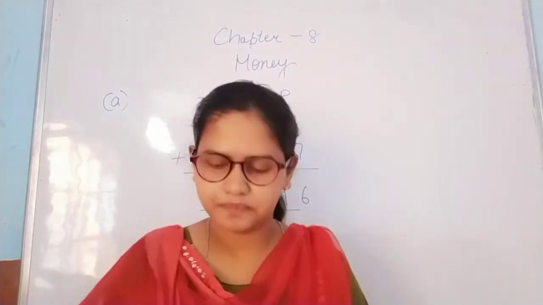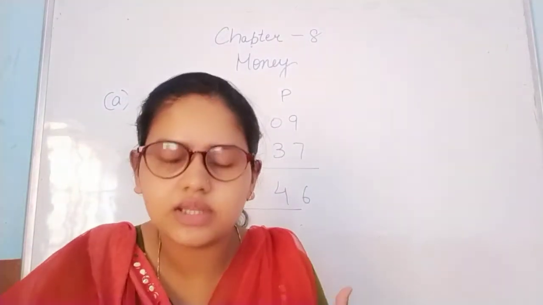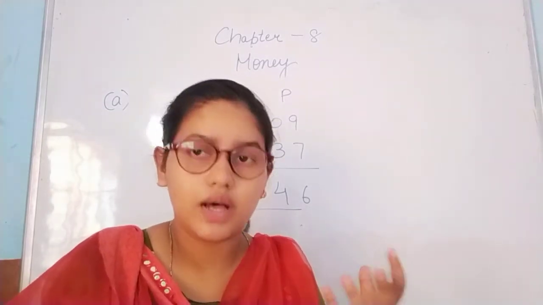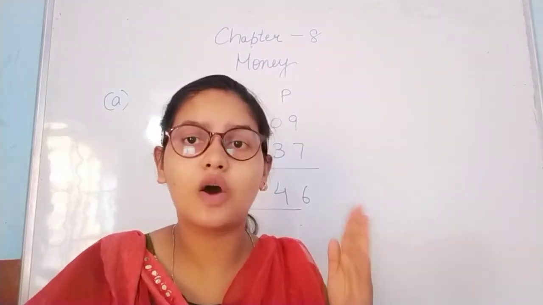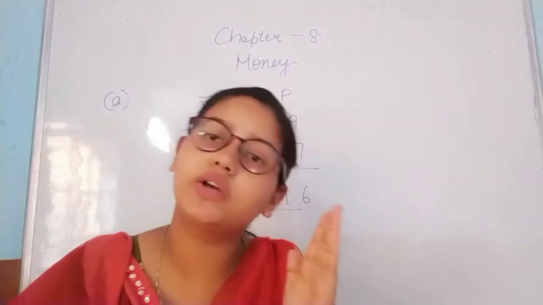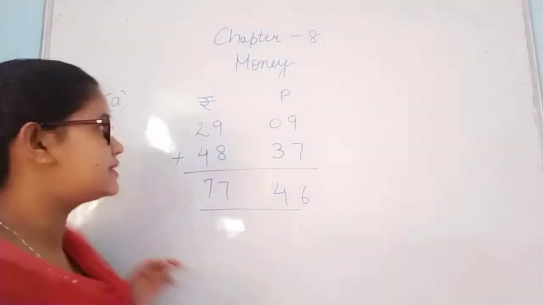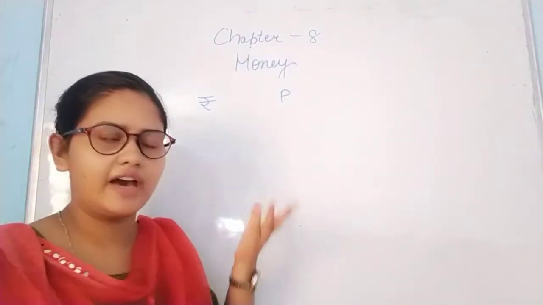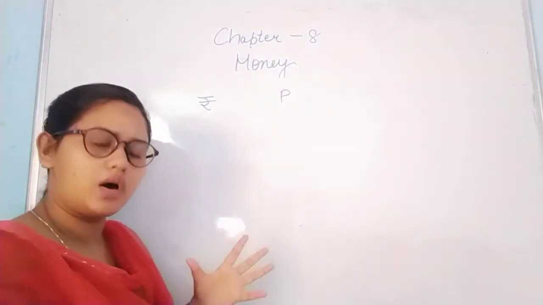Let's do the second one, which is given in the statement, right? Find the sum by arranging the figures under the rupee and the paisa column respectively. As we can see on the left side, in the equation form, we have to arrange the figures in rupees and in paise in the following sums, right? As we have divided, we have arranged our rupees and paise in different sections. Let's do this on the board.